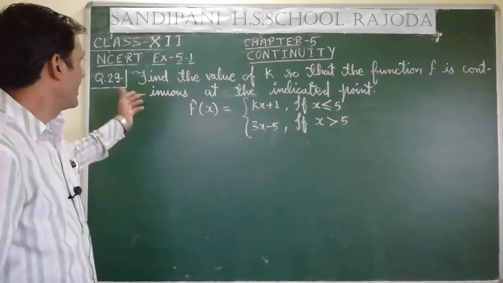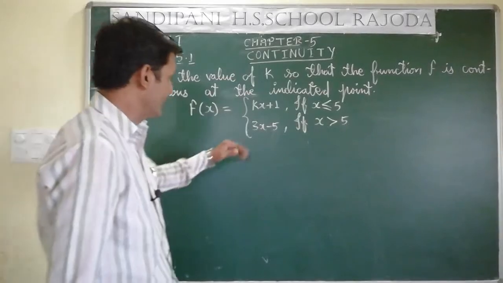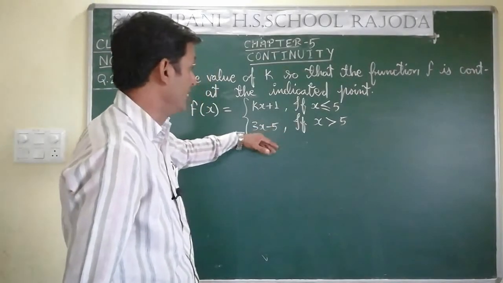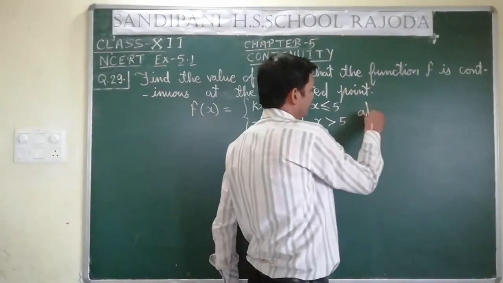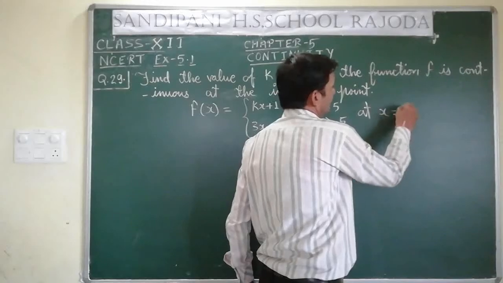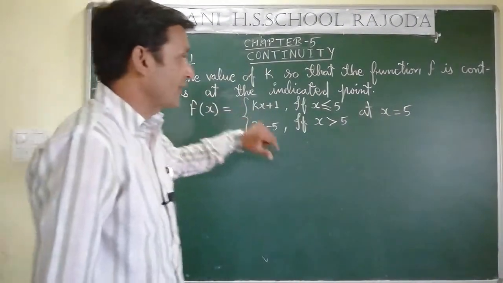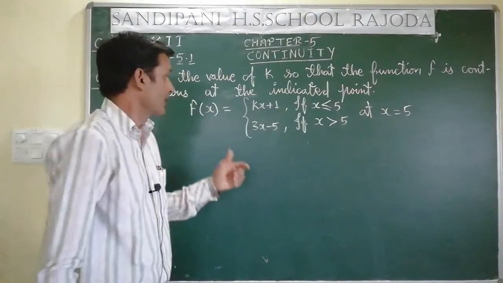Now see, again we have to find the value of k here. Only the change is, here it is 3x minus 5 in place of cos x in the previous question, and the point of discussion is at x equal to 5. We have to check the continuity. Of course, it is continuous. So afterwards we have to put LHL is equal to f of 5 is equal to RHL there.